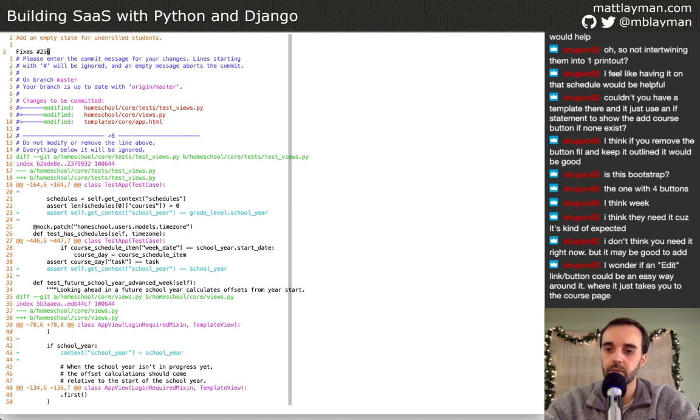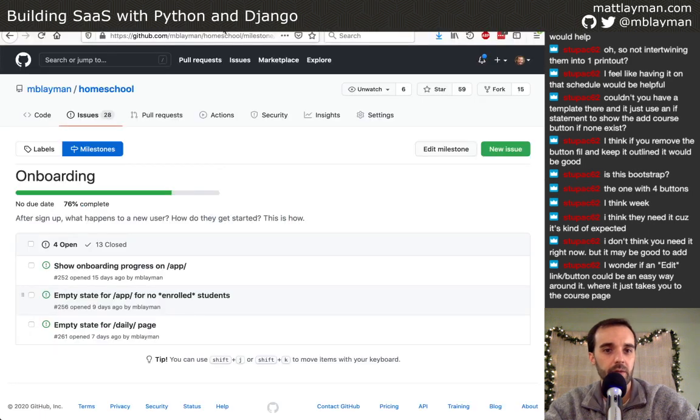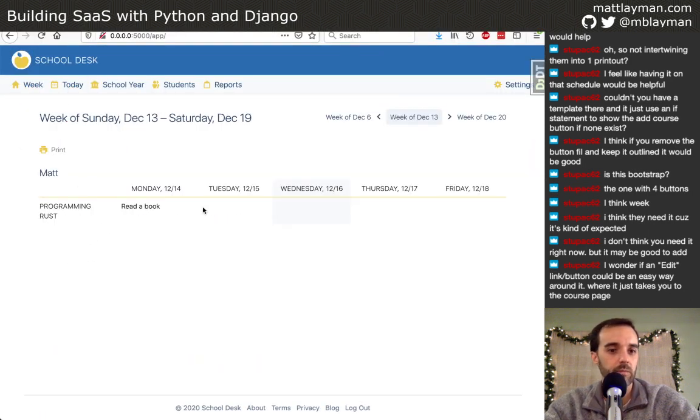An edit button. Curious, can you expand on that? Edit button where? Like when there's nothing here? Because I'm definitely open for ideas here. But